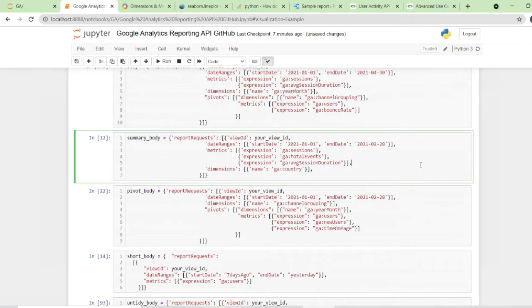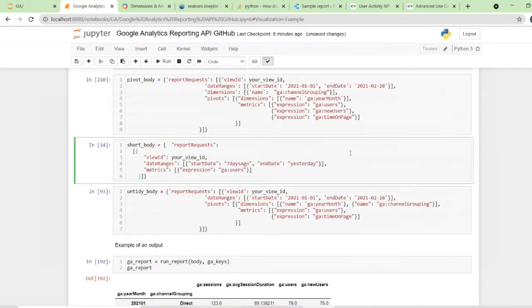There's a body, there's a summary body. Summary is the tidy data. There's a pivot body that doesn't have the summary, has the pivoted data. We have the short body, which has neither of the dimensions. Oh, by the way, dimensions are